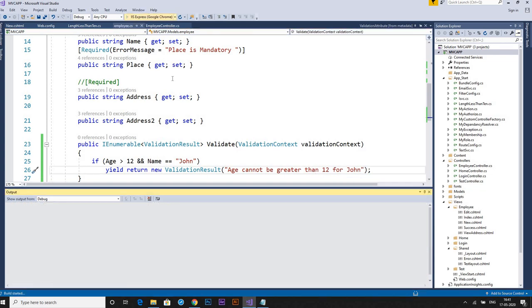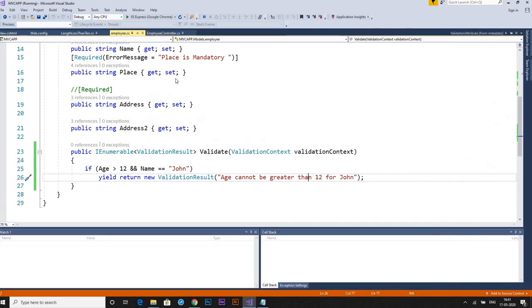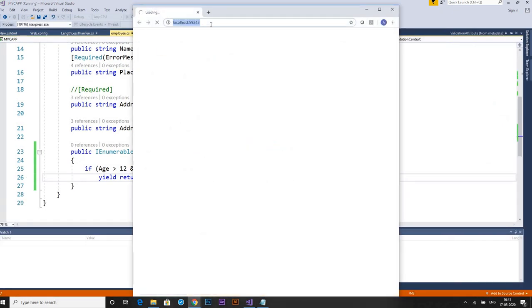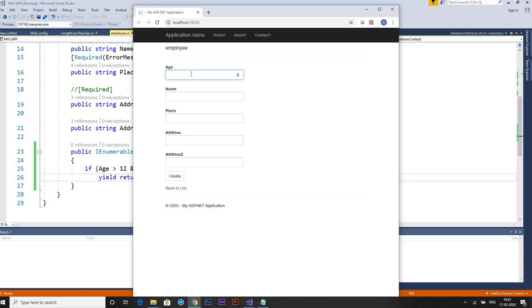Now I will test the positive scenario also. So I will again give 11 and I give John.